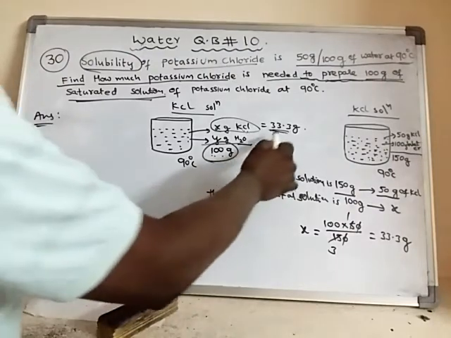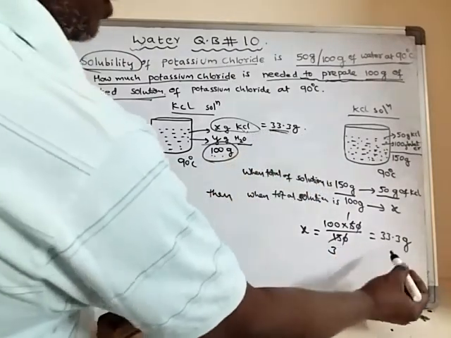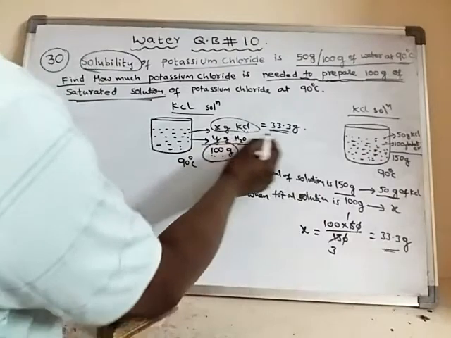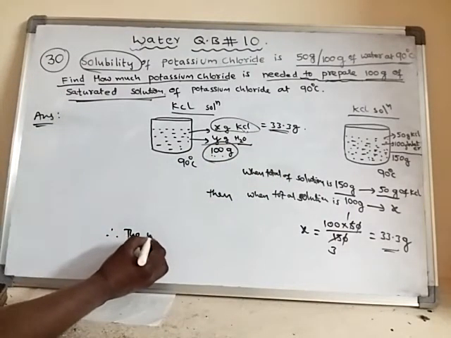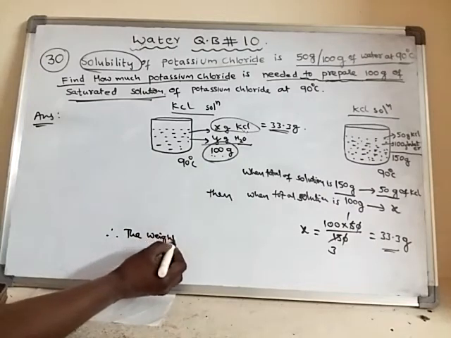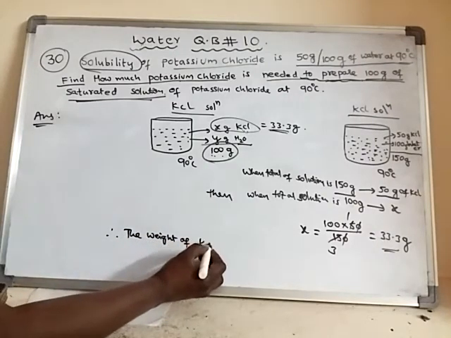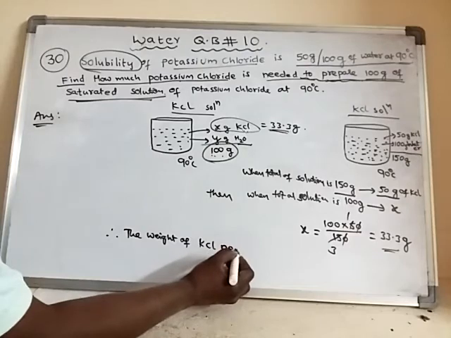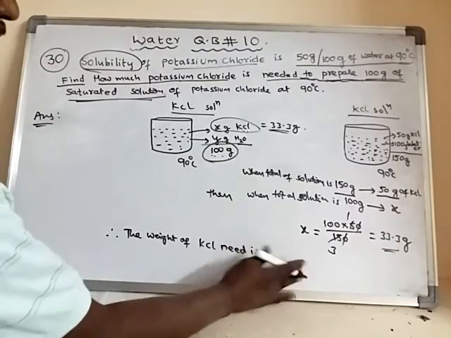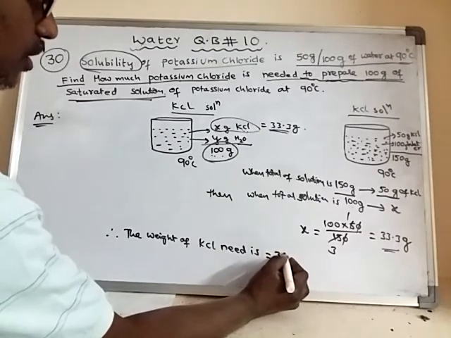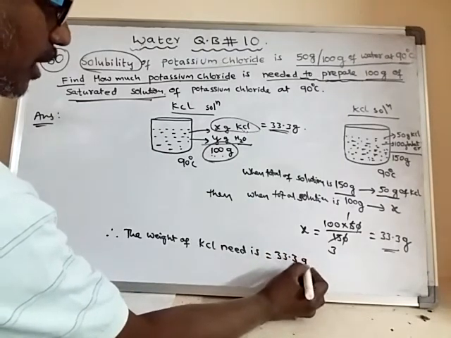Did we get the answer? Yes, we got 33 grams. Therefore, the weight of potassium chloride needed is equal to 33.3 grams